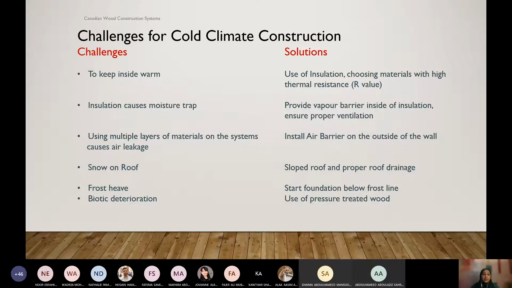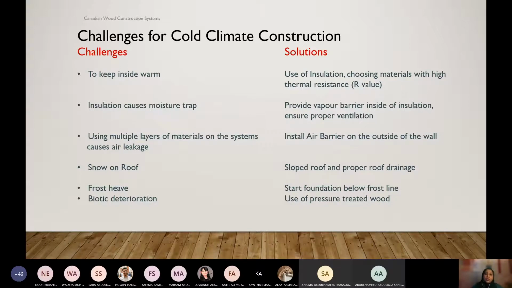So that is another reason why we use wood for our cold climate construction system. Now, when we use the insulation, another challenge comes: moisture can be trapped inside. Because inside we have warm air, we also create moisture, right? When we cook, when we wash, when we take a shower with warm water, moisture is created. And that moisture goes close to our walls and our roofs. The insulation can get wet and then be damaged. Eventually the whole structure will be damaged if it keeps getting wet day by day.